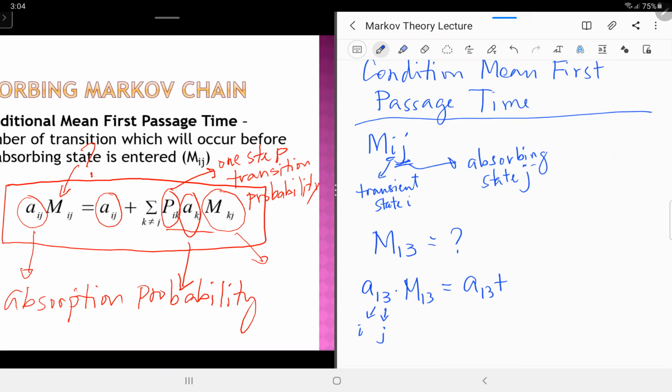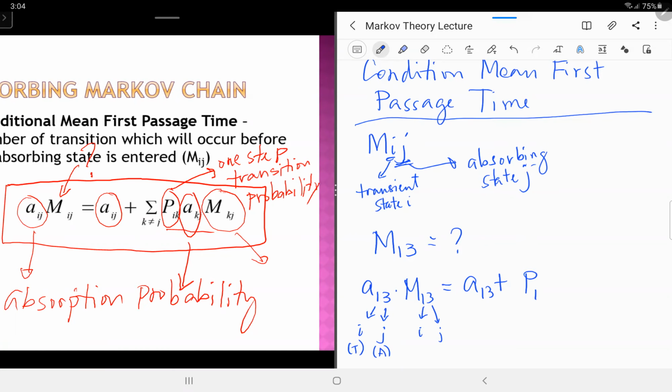And you will now have A13. Okay, take note, I is your transient state, J is your absorbing state. In the same way, this one is your transient state, and this one is your absorbing state. So let me just put transient. This is your absorbing. Okay, so A13 plus summation of P I K. So P1, but K should not be equal to your J. Since your J is 3, okay, then